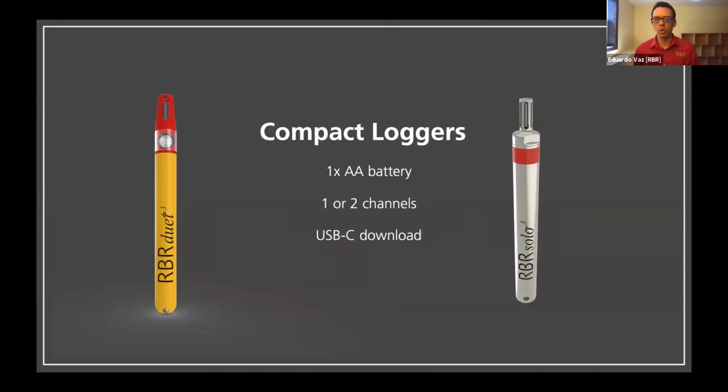It's really a recorder. It's a data recorder. It integrates the same sensors that I was talking about before into a very small compact unit that is self-contained, autonomous. They only require one AA battery of any chemistry. So that makes it very easy when you're doing deployments or doing recovery and have to replace batteries and you're out in the middle of nowhere. You can really go out to a grocery store, convenience store, and get a battery there to at least continue the mission if necessary. They come in 1 or 2 channels,